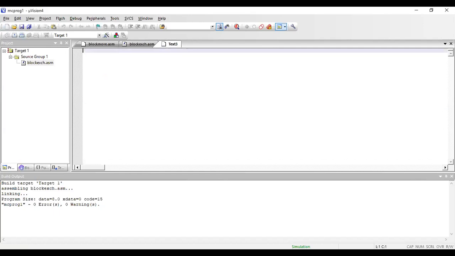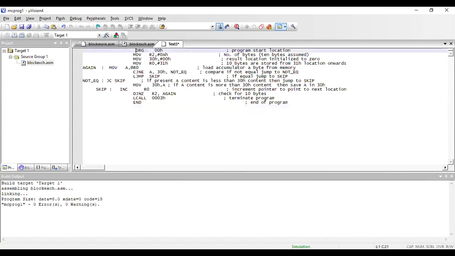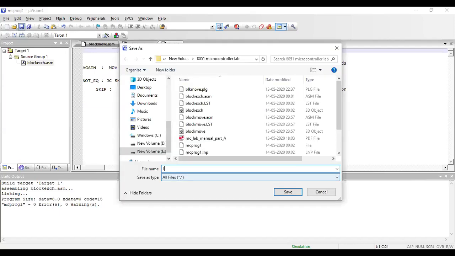So this is my program where I have typed my program, to get the largest number, right? Once I have typed my program, I need to save. So save it. This time I'm finding the largest number, so I'll give the name as largest number.asm. Don't forget to give the extension as .asm, right? Save the program.